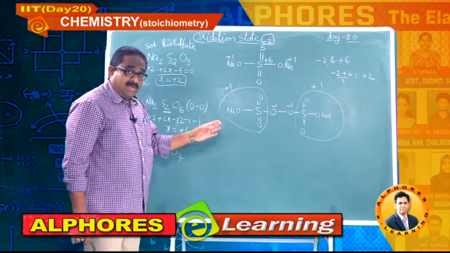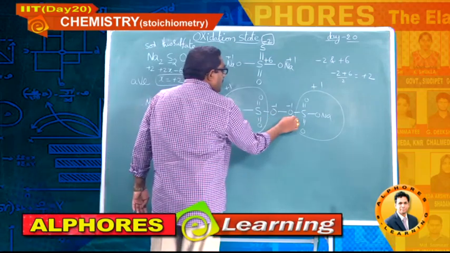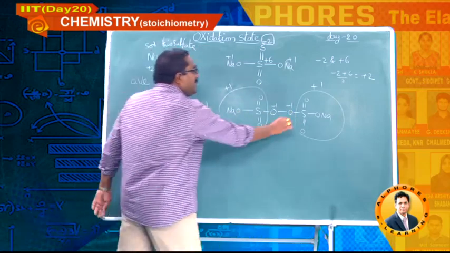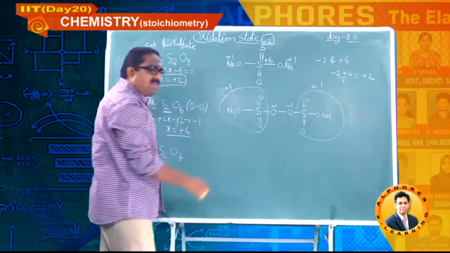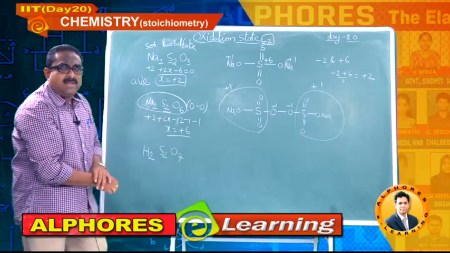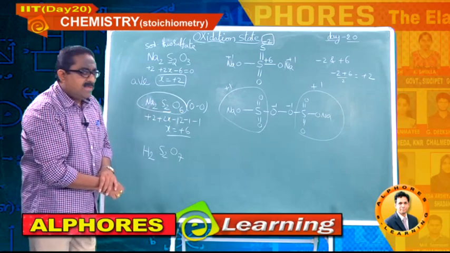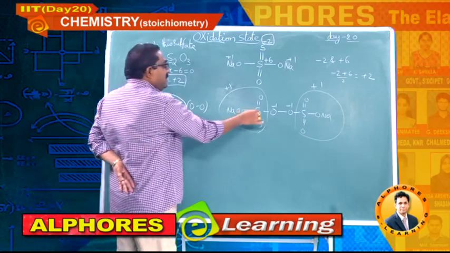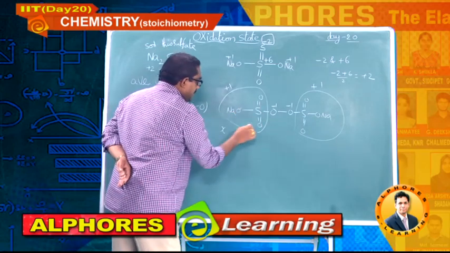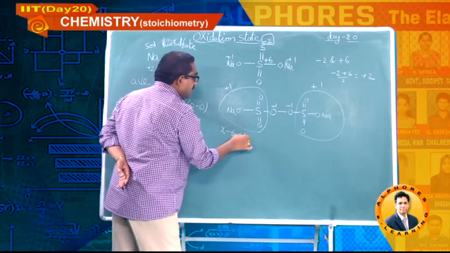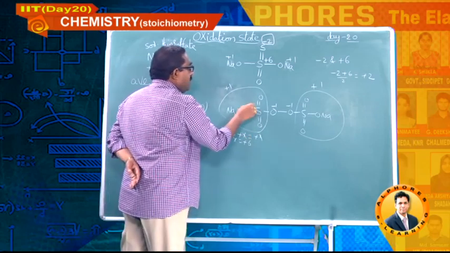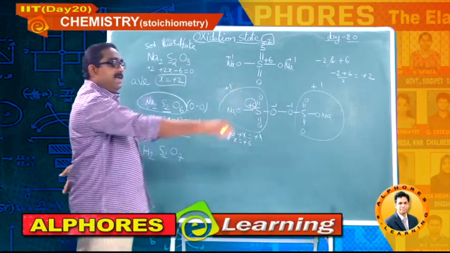Concentrate, students, very important. These are peroxide oxygens, -1. So this part should be exactly equal to +1, and this part should be exactly equal to +1. Then only it becomes a neutral molecule here. Is it right or not? Neutral molecule. So let me calculate for this sulfur. Let me take it as X. 3 oxygens -6, 1 sodium +1, equal to +1. So X equals +6. So for this sulfur, I am writing the oxidation state as +6.